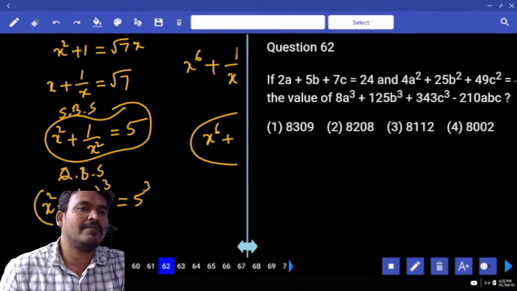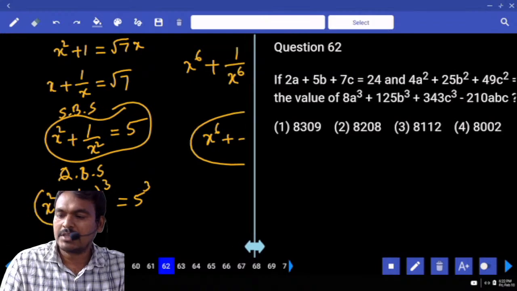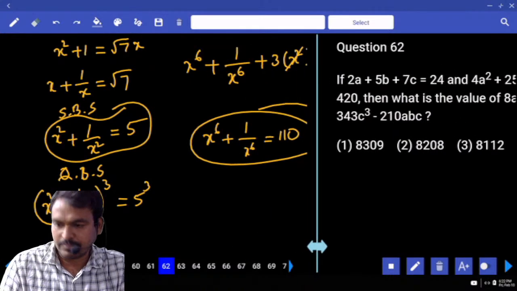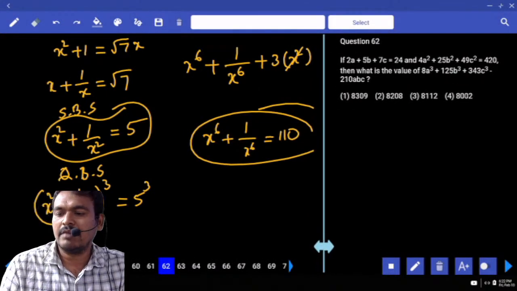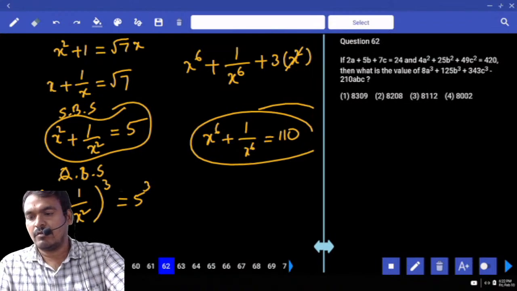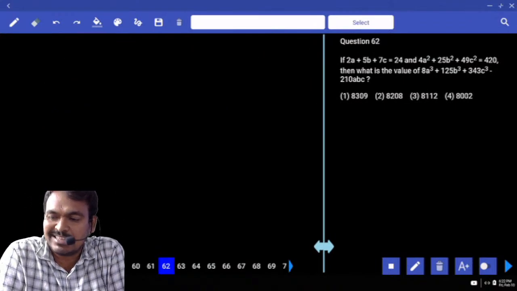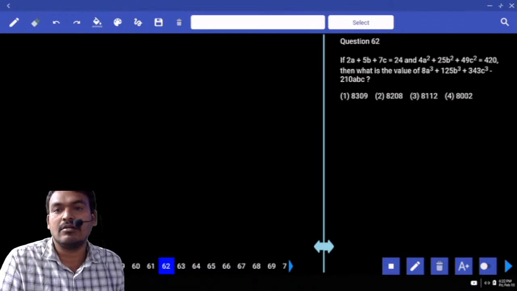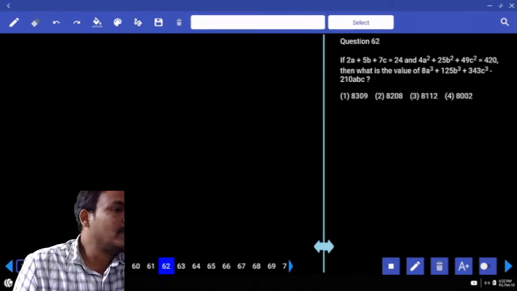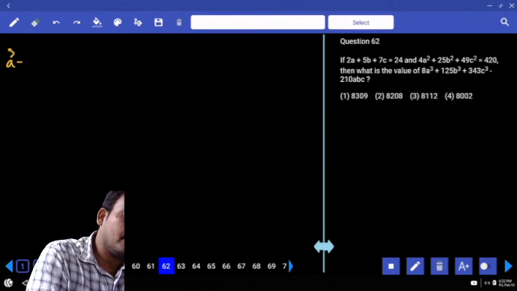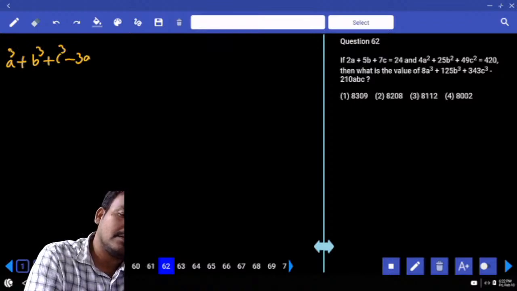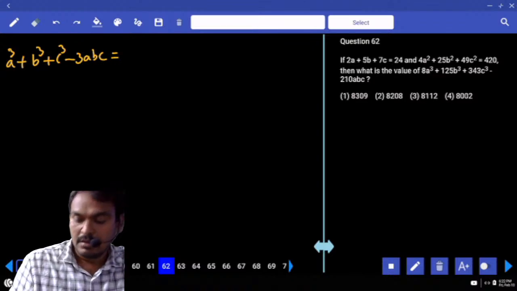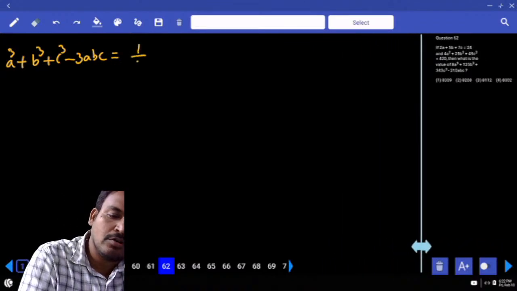2a plus 5b plus 7c equal to how much? 24. 4a square plus 25b square plus 49c square, it is equal to how much? 420. Then what is the value of 8a cube plus 125b cube plus 343c cube minus 210abc or not? Okay. Already we know the formula or not? a cube plus b cube plus c cube minus 3abc or not? That is equal to, we write half into a plus b plus